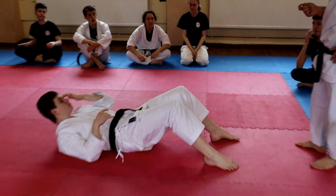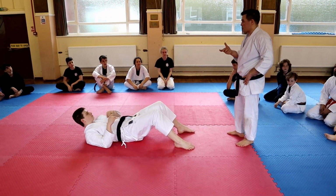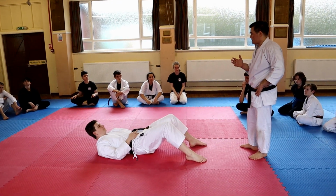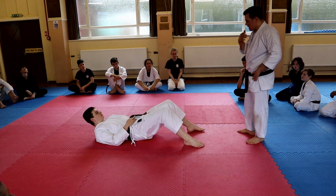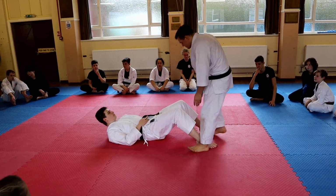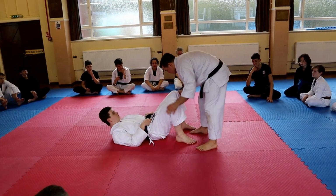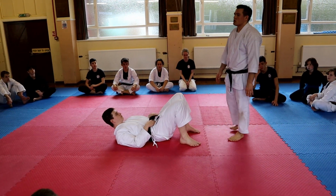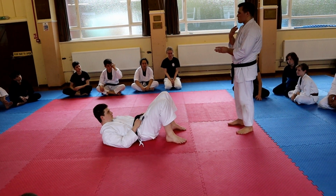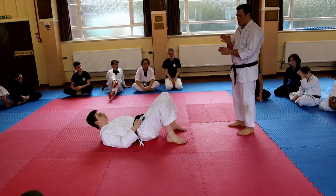In Nige no Kata, okay, so Nige no Kata is the kata of escape. It's a kata that I do at my dojo, it's my kata, but we use it as a framework from which to do a whole load of other things. Now, just in terms of principles, if you look at the systematic approach to how you would use ground fighting from the top person's perspective, effectively